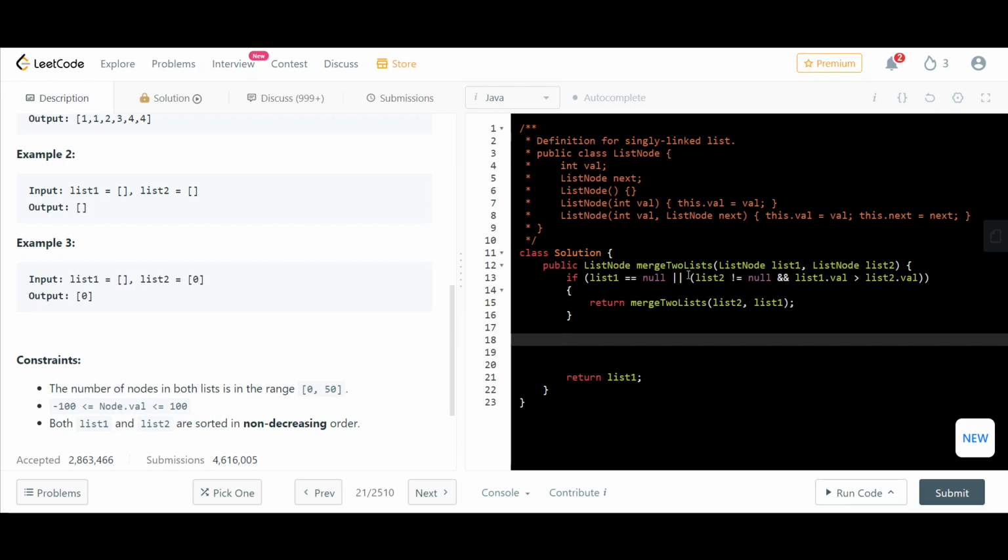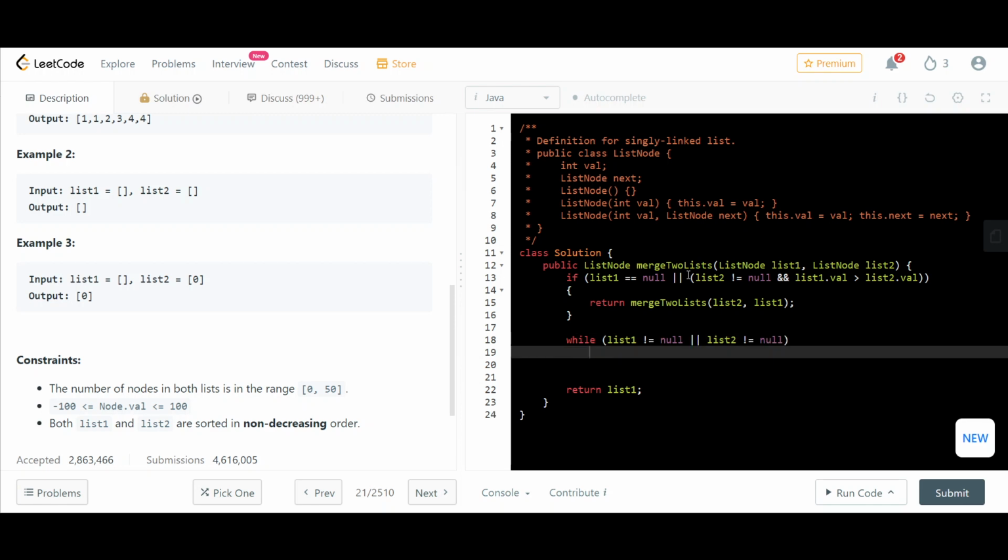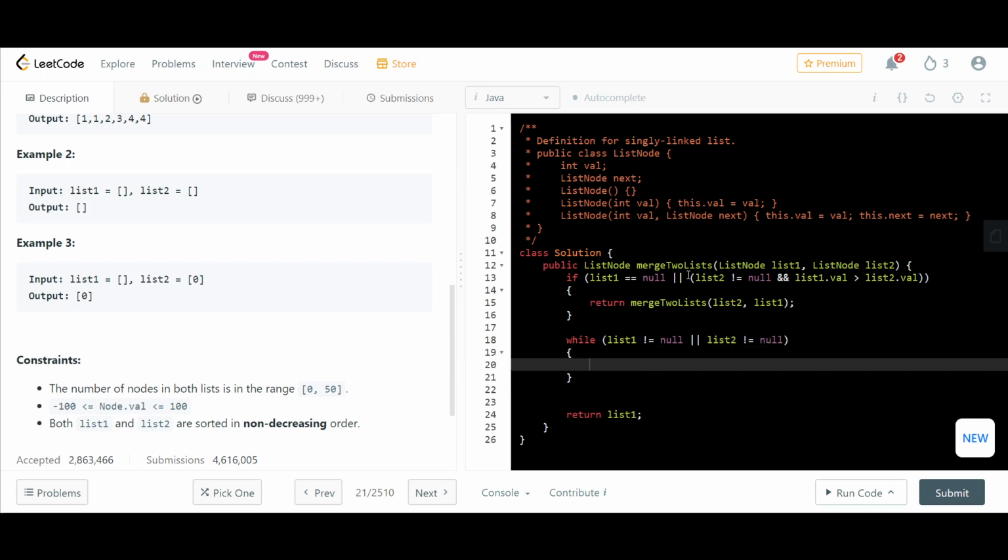Okay, now while list one is not equal to null, or list two is not equal to null, while there is at least one non-empty list,